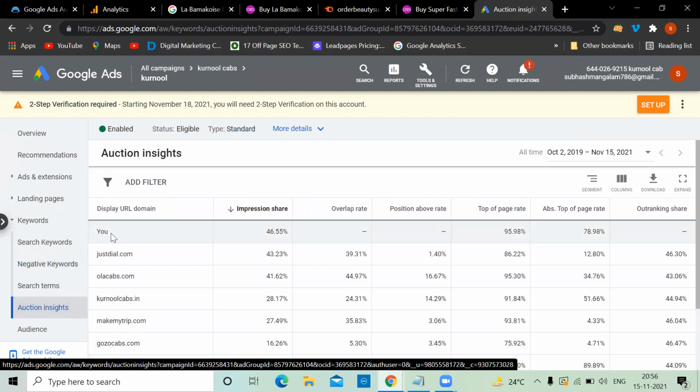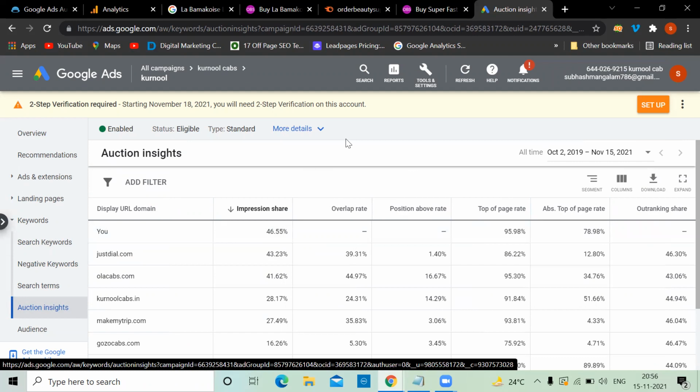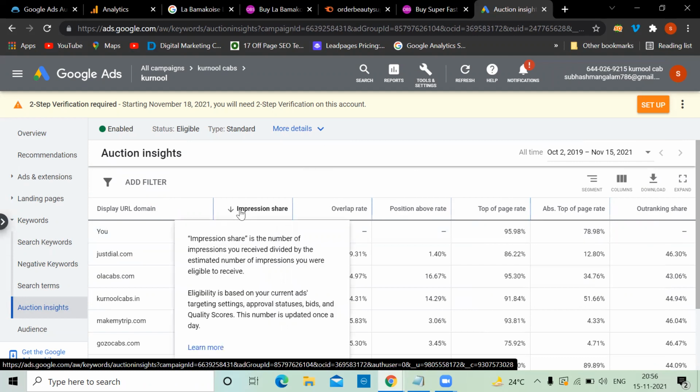You means you are here; this is the domain you worked on. Here, these are all the terms you can check: impression share, overlap rate, position above rate, top of page rate, absolute top of page rate, outrank share. Let me explain one by one. If you put your cursor over here, it will give you information.